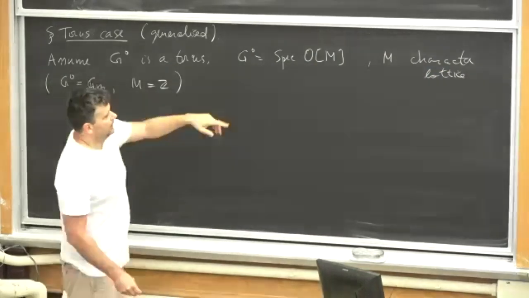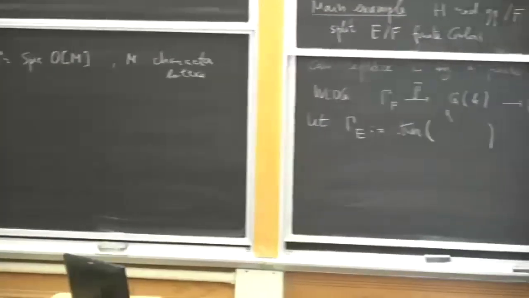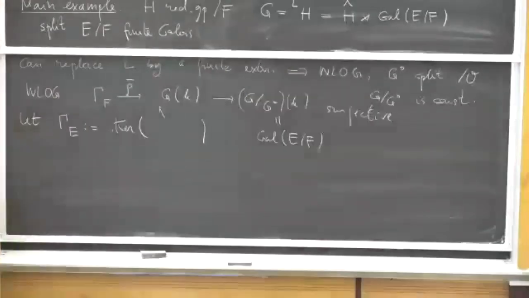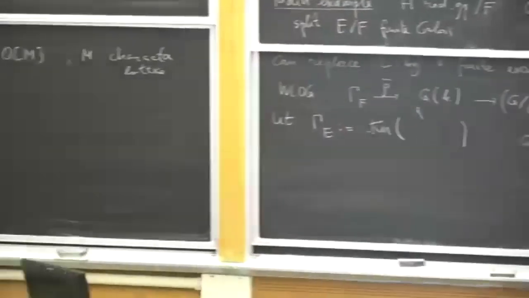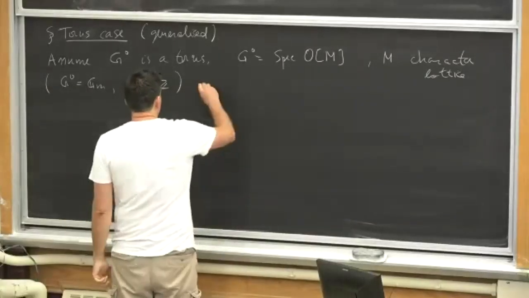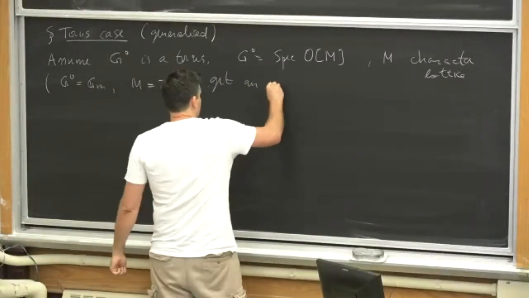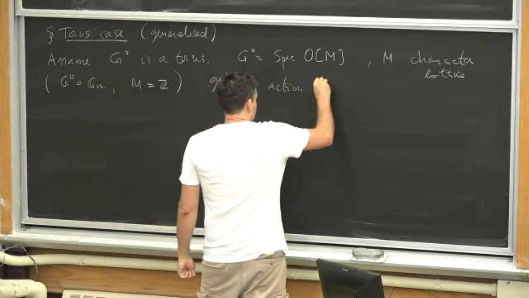And so now you have an action of this Galois group on this M. So this component group acts on G0 and it acts on the character lattice. We'll get an action of